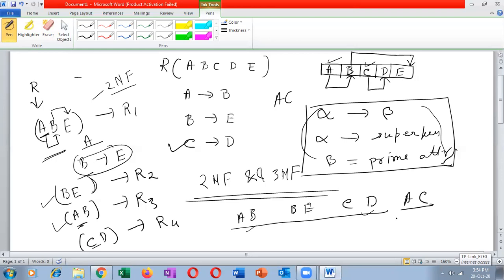So in normal forms, only BCNF and these lossless and lossy joins are left. There are also two topics called multi-valued dependency, that is the fourth normal form, and the fifth normal form is there, but they are not actually that important. But I will also cover them. So that was the first example. Now let's go to the second example.